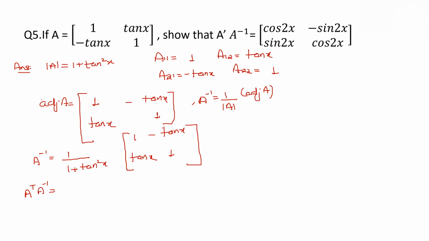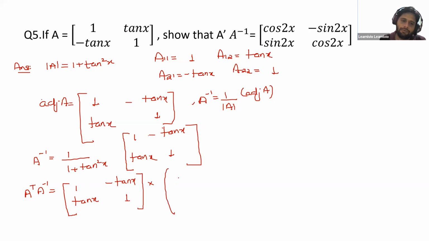Yes, sir. Okay, so A transpose you can directly find. I will write here the A transpose, but in the exam, please show it in a separate line. So A transpose will be what? The first row becomes the first column: 1, tan x and minus tan x, 1. Okay, we are multiplying this with